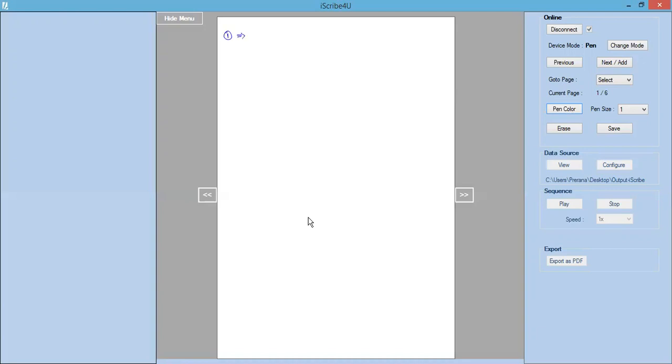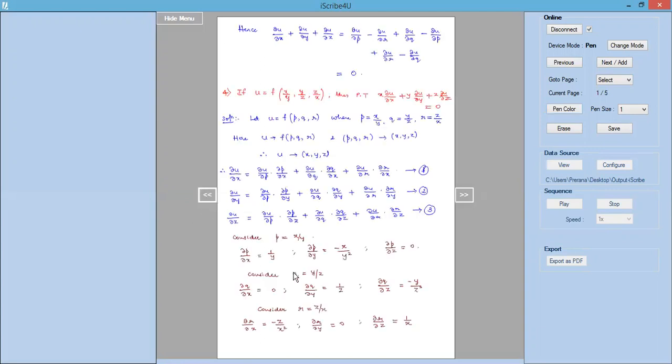So this gives us, we have left hand side ∂u/∂x. So writing down ∂u/∂x as it is. On the right hand side, we'll have to substitute the partial derivatives ∂p/∂x, ∂q/∂x, and ∂r/∂x. ∂q/∂x is 0, so the middle term goes to 0. So we will be having ∂u/∂p into 1/y.